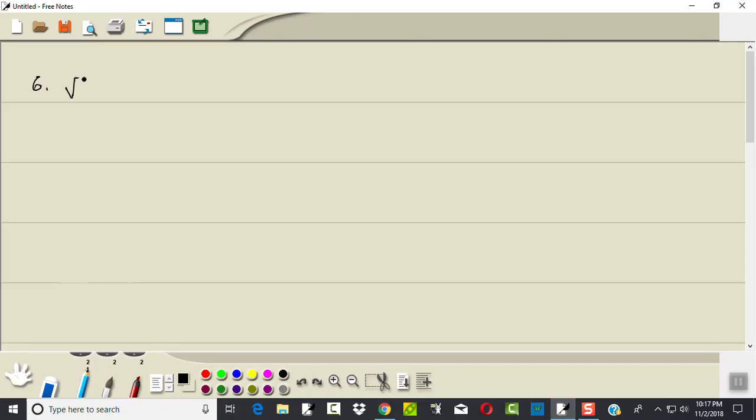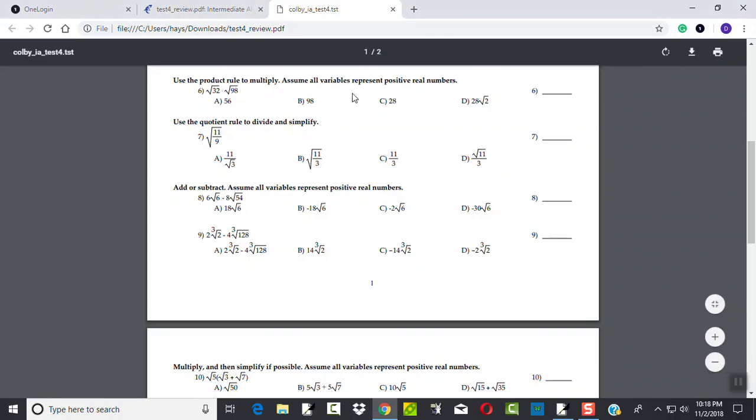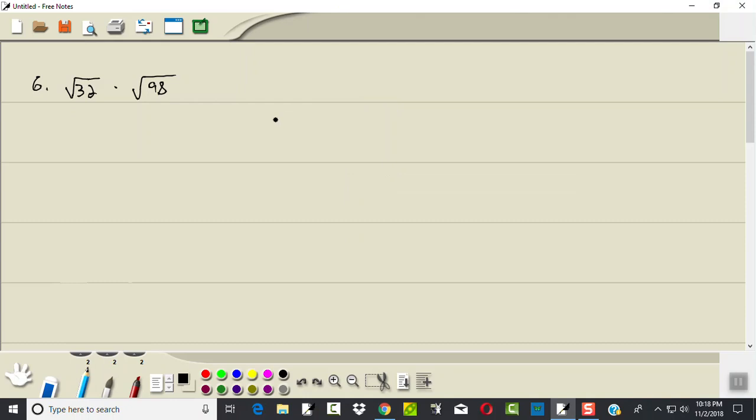We've got the square root of 32 times the square root of 98. It says use the product rule to multiply. Assume all variables represent positive real numbers. If I did a tree breakdown of each one of these,